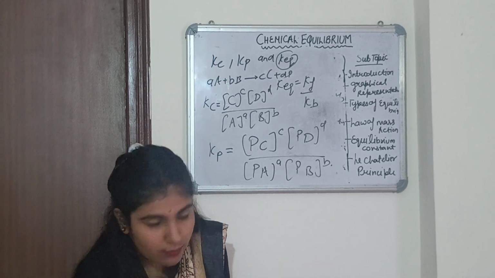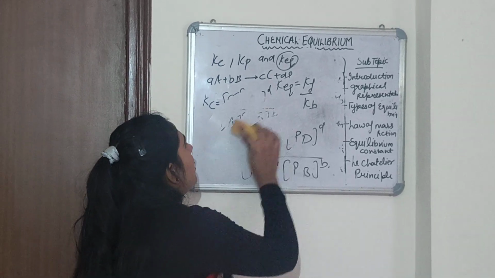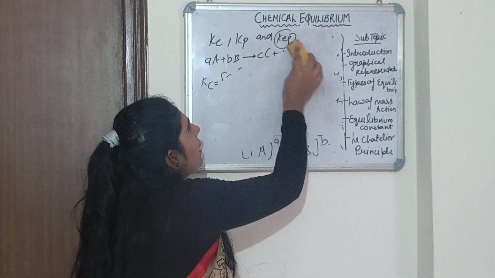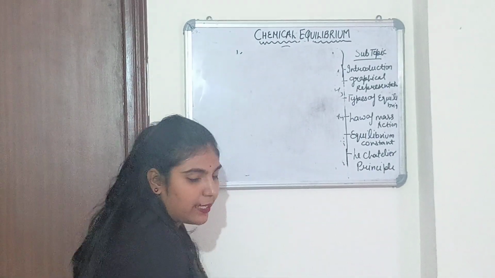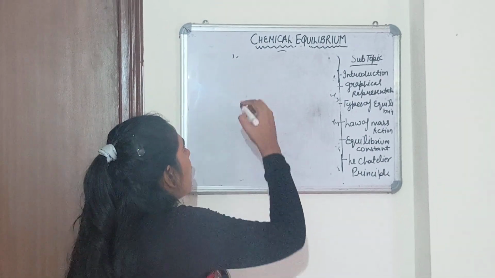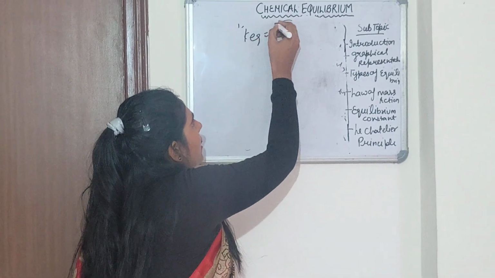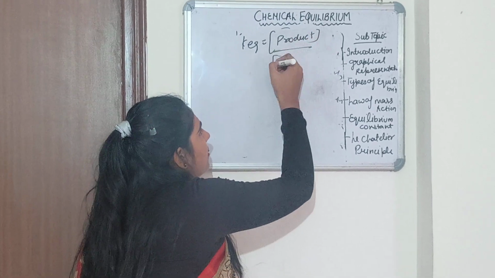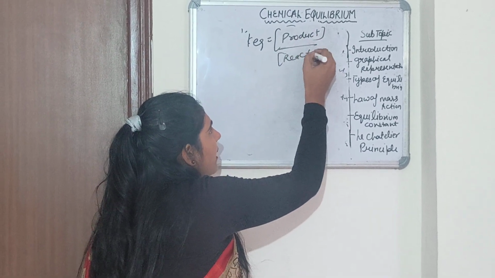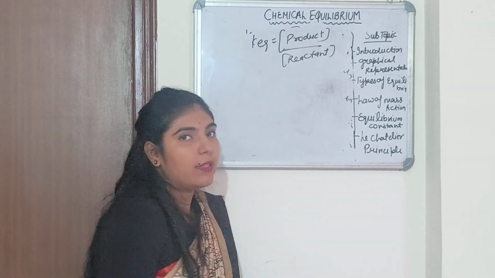Now, as we understood, the K equilibrium is equal to the concentration of products divided by the concentration of reactants, right? So there are four